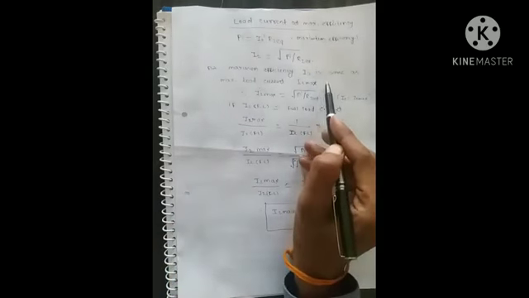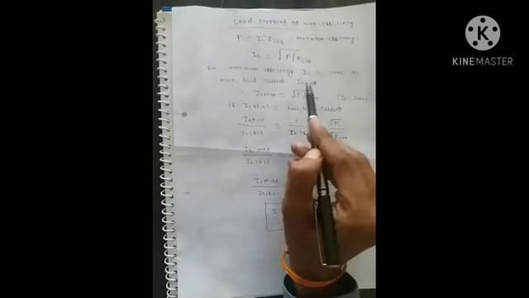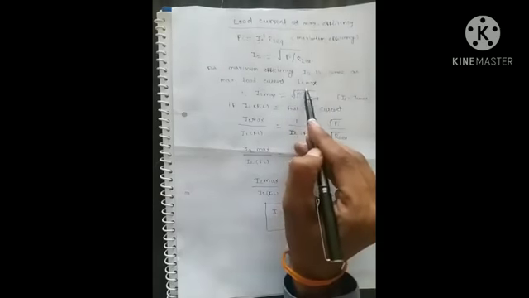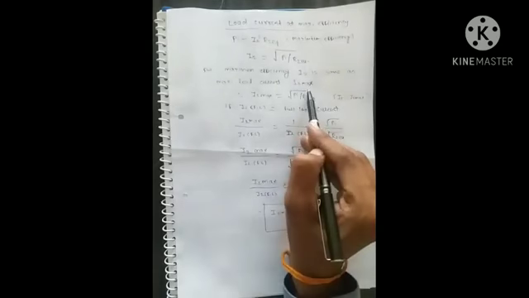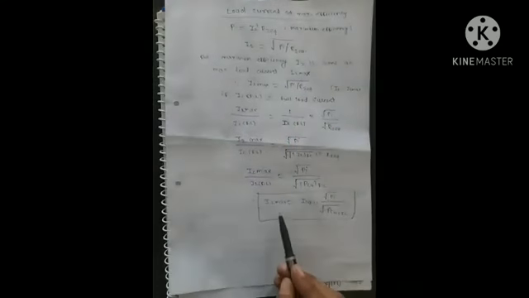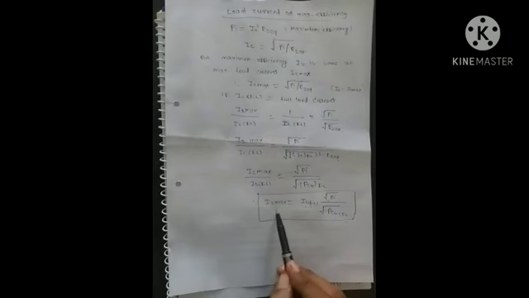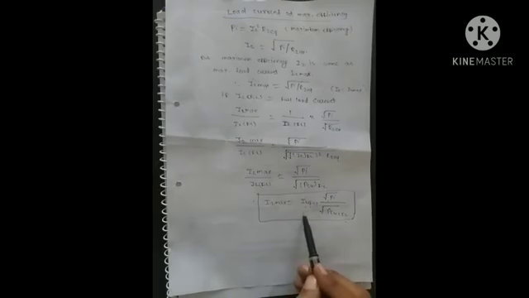But we have to increase the efficiency, so we have to know the I2 max load current, that is the maximum current at which the transformer shows the maximum efficiency. So the current at which the transformer shows maximum efficiency is I2 max equals I2 at full load into the square root of Pi upon PCU full load.